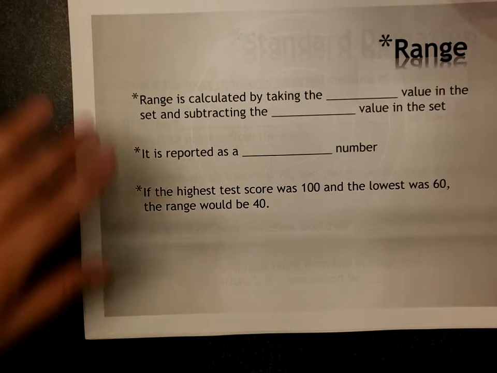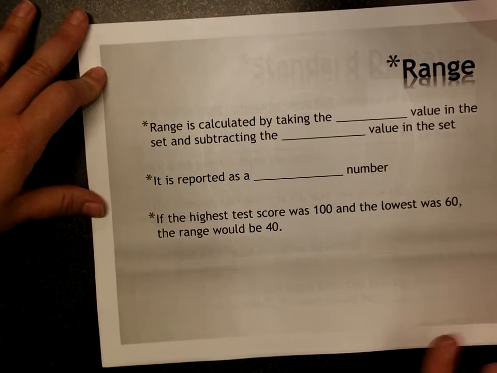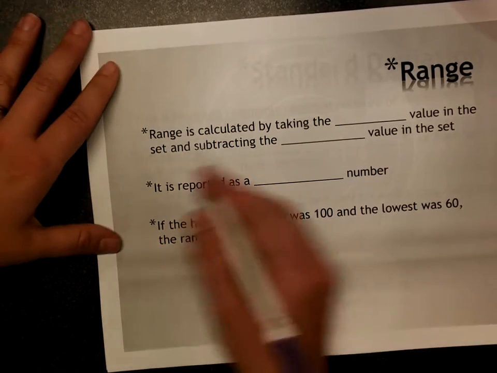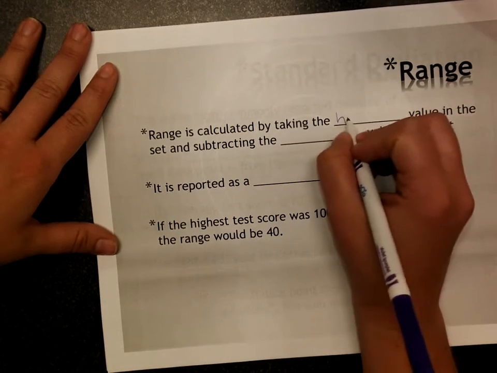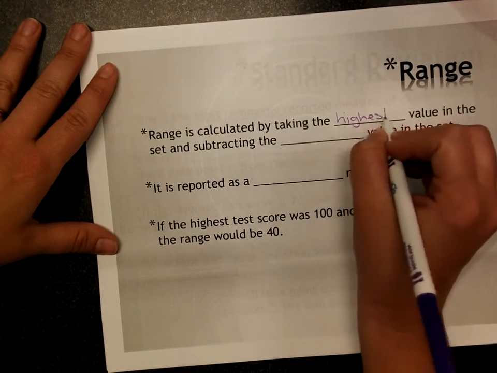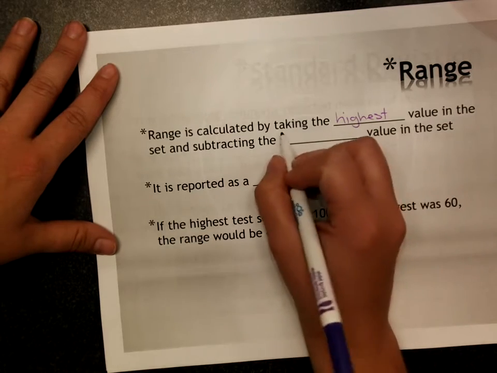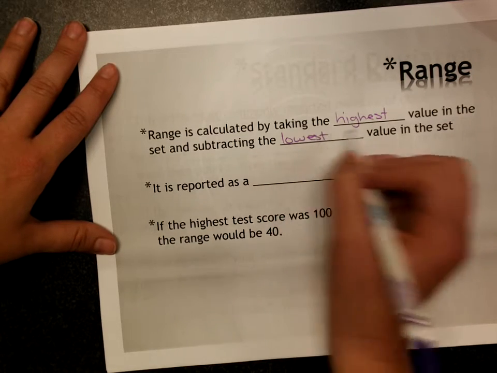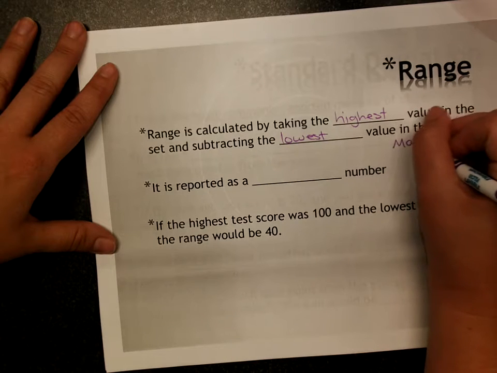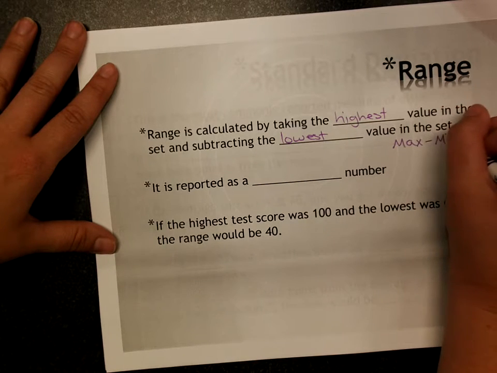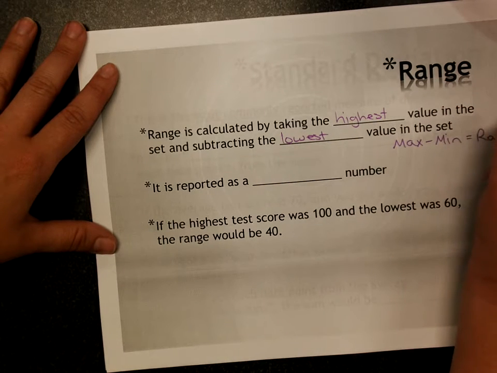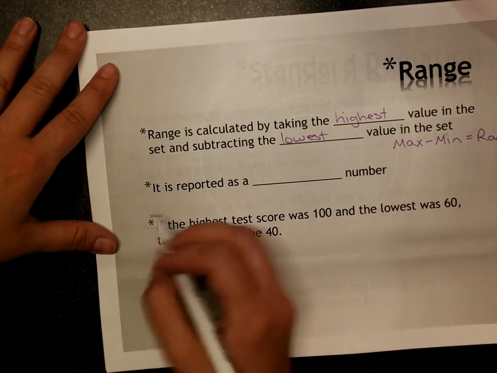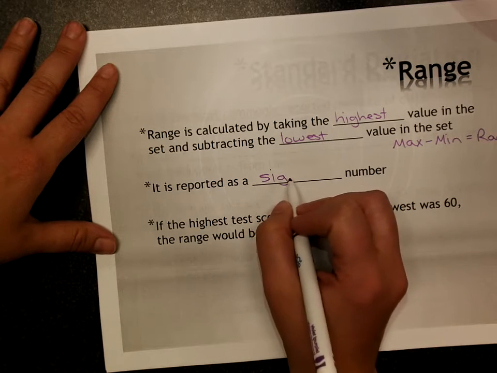So the first measure of dispersion is range. This is the easiest one to calculate. Range is calculated by taking the highest value in the set and subtracting the lowest value in the set. So max minus min is usually what we use. Highest minus lowest. It is reported as a single